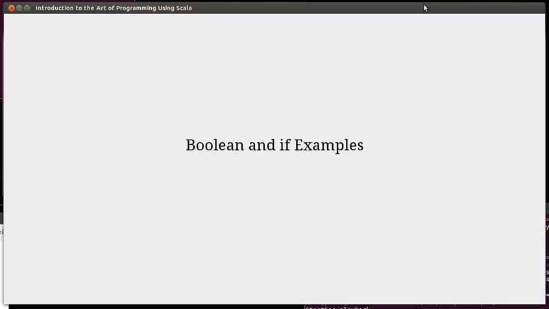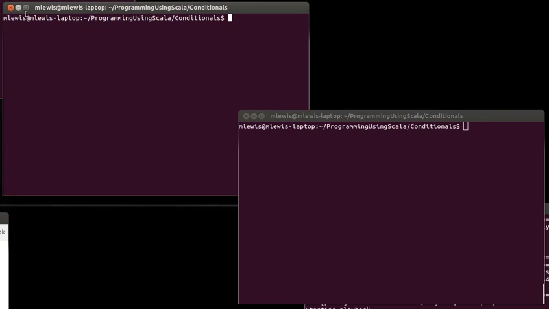So we're going to conclude Chapter 4 by going through and looking at a few examples of Boolean expressions and using if, just to give you a bit more practice and show you some things that aren't in the book. So the first example that I want to do